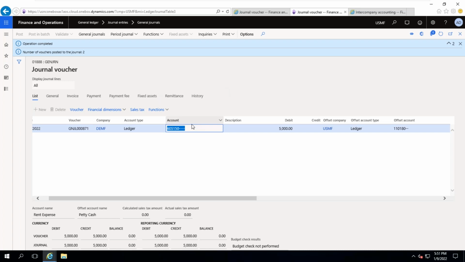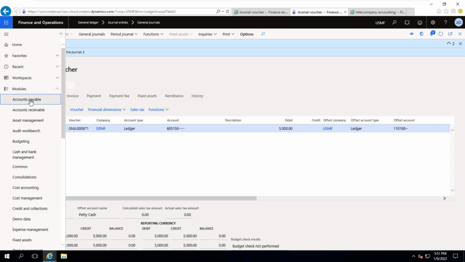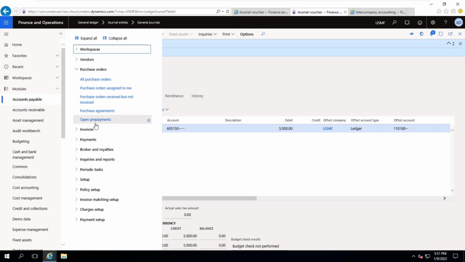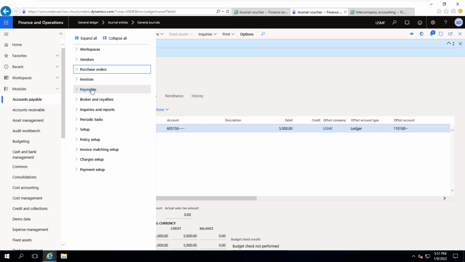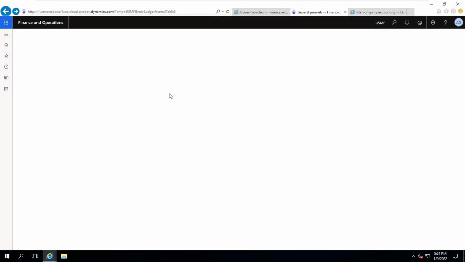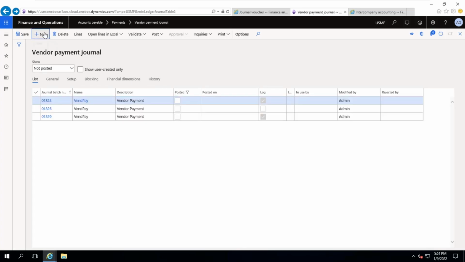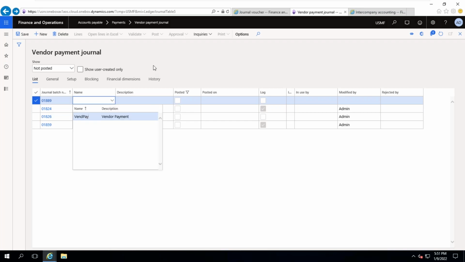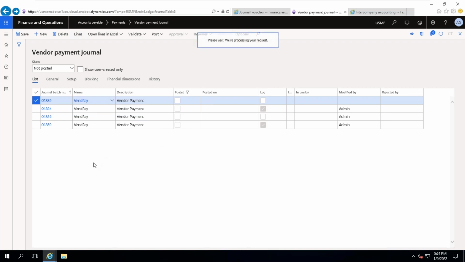Okay. So for the payments you are doing, you can do it from this one, or you can do it for the vendor also. For vendor payment also, you can select another company's vendors. With the same logic, in the vendor payment journal you can select other company vendors, meaning your branch companies you want to pay. Some companies will not allow branch companies to do the payments; head office companies will do the payments. You can do it like that also. It is possible even for vendor payment, and for customer receipts also.